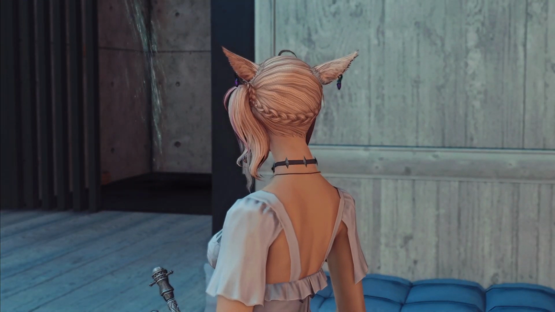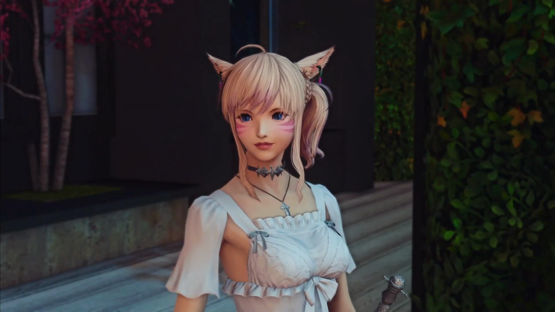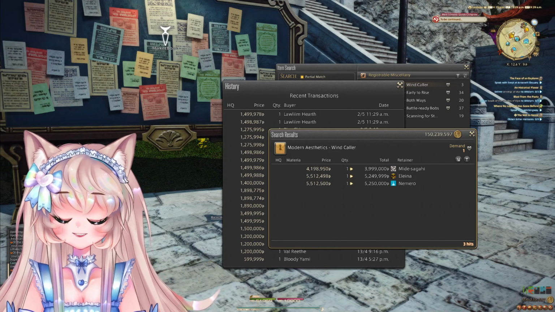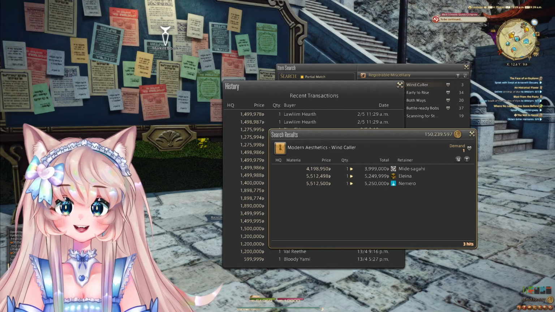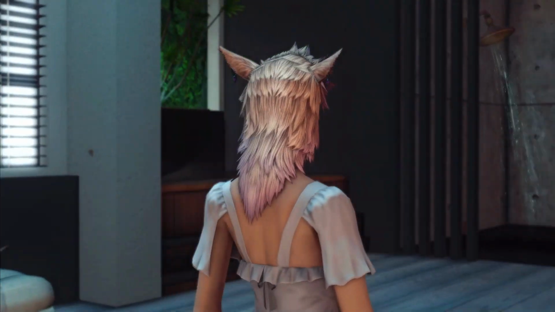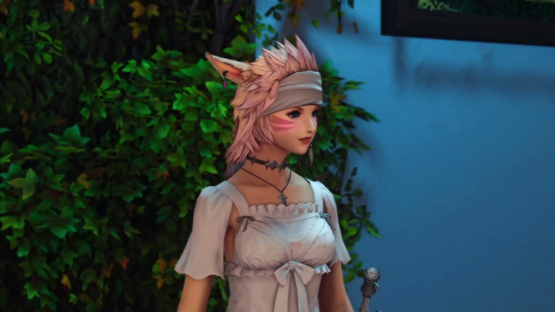Looks super cute, and usually you get this from a Sad North lockbox, but you can also pay 2 million gil for it. Next up is the Wind Collar. This is a super cute shaggy kind of hairstyle, and you have a nice bandana around your head, although this is also unavailable to Vera and Hrothgar, so make sure, of course, to check with each of these hairstyles before